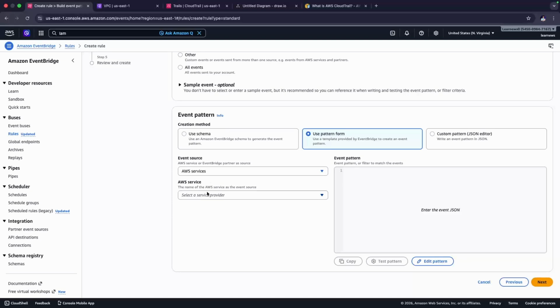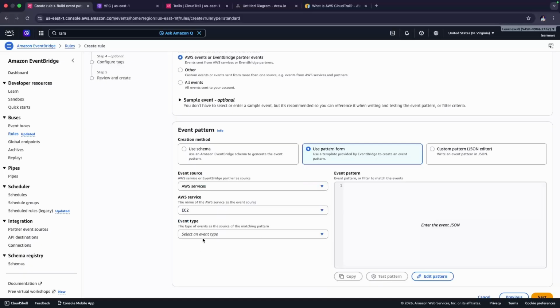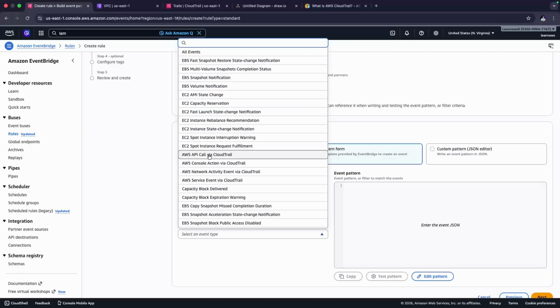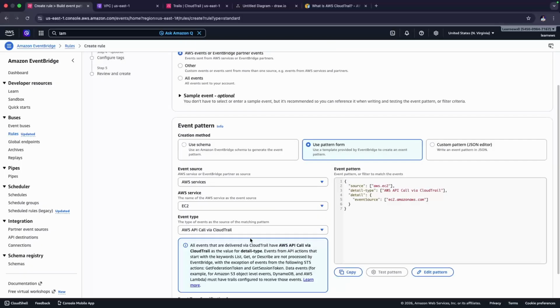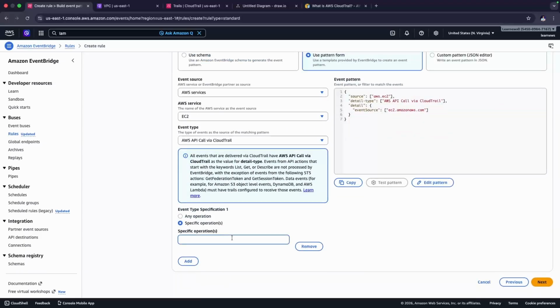So if I just select AWS services and come over here, say for example EC2, and over here, AWS API call via CloudTrail, console actions via CloudTrail. These are very much critical network activities and service events, etc. You can filter them through CloudTrail. So I'm just going to select AWS API call via CloudTrail. And once it is done, you can specify an action, for example, create